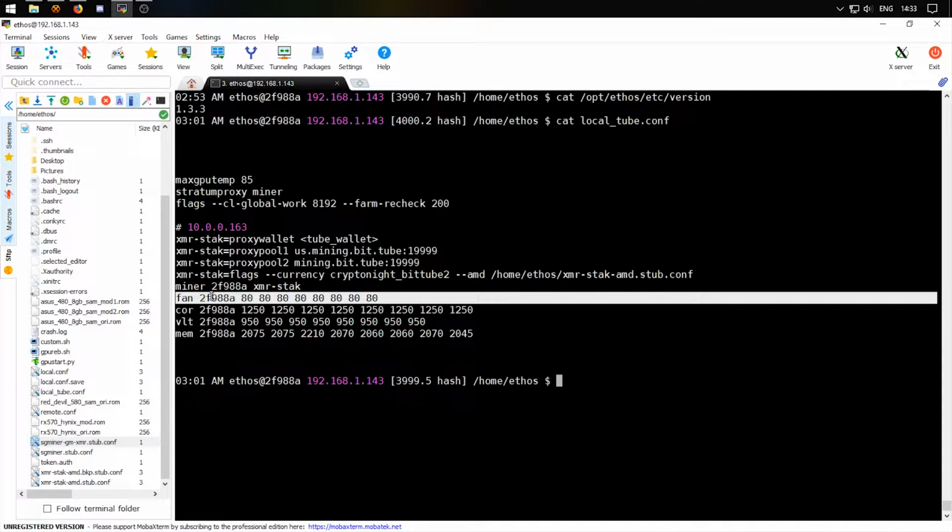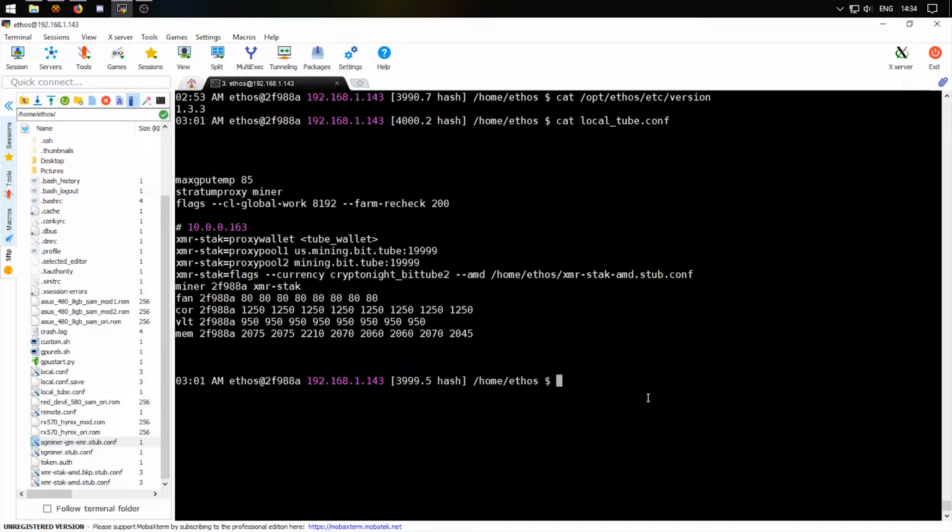The other things we defined are fan, core, voltage, memory, etc. Like the overclocking would go on, but in case of cryptonight mining, what I usually do is stick to the memory frequencies that were defined for Ethos mining, and the core as 1250 to begin with. So that's it. Now if we run show miner,